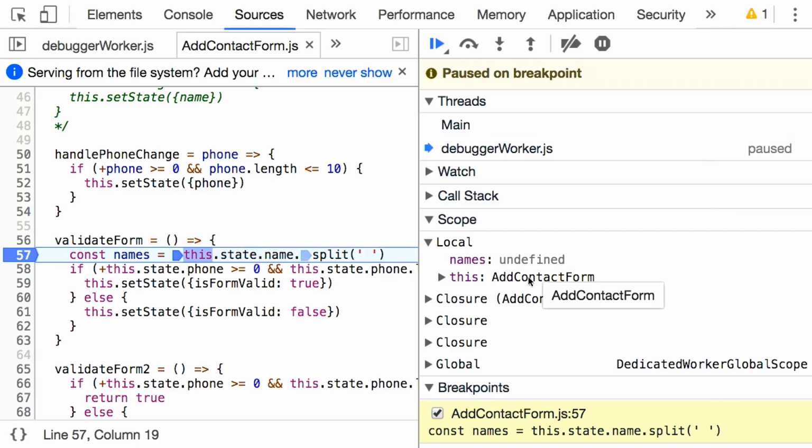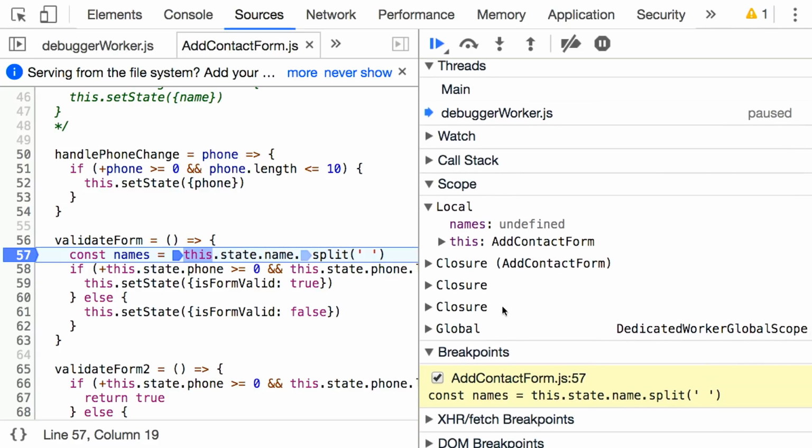And we also see scope. We see all of the variables within our scope. And so if you remember back to earlier lectures, we talked about scope, and scope being all of the variables that I have access to at any given time. And we see that names is currently undefined, which makes sense. We haven't evaluated this line yet. And we see some closures,